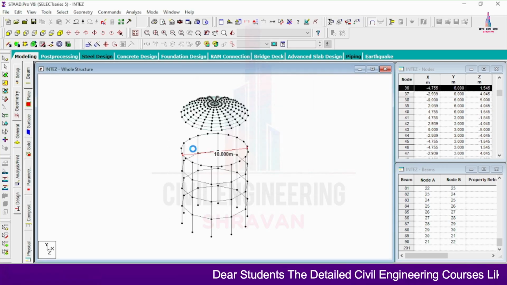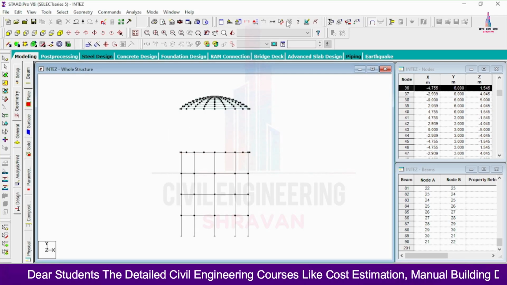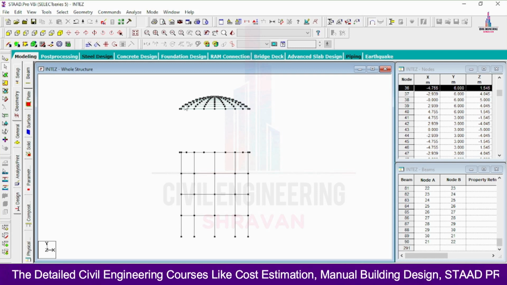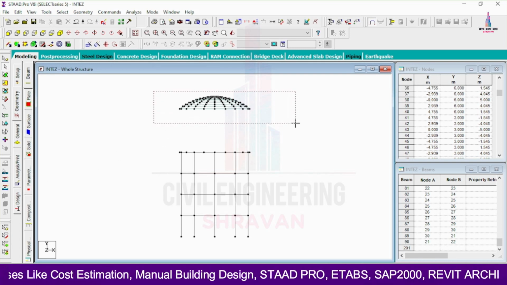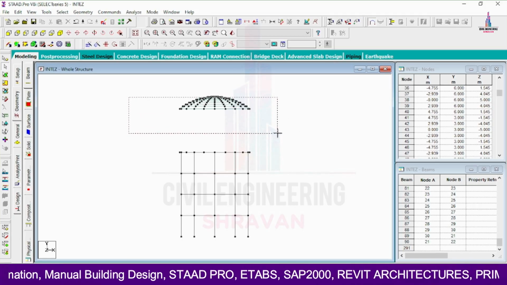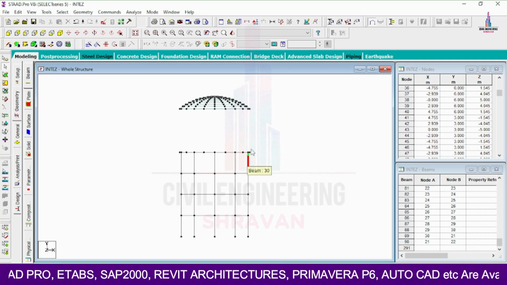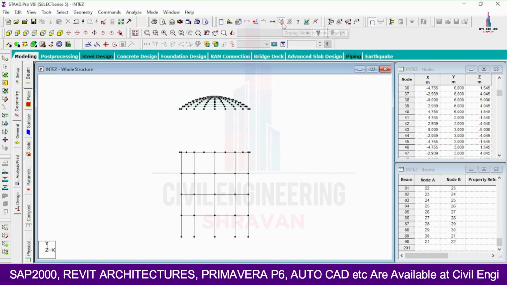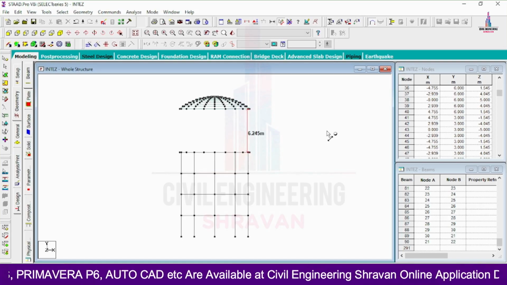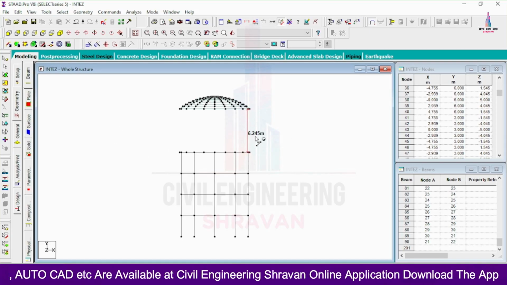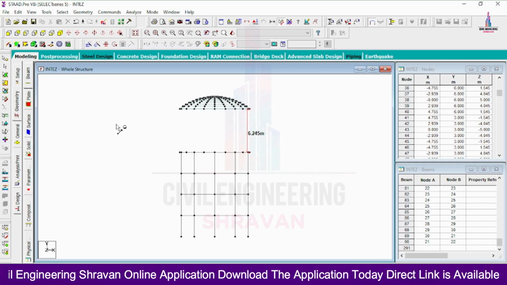But this particular dome will be copied to a certain specified distance in the vertical direction, because this dome was considered with the sphere radius center point. So for moving this plate section in the downward direction, initially we need to measure the node to node distance in the vertical direction. I am selecting display, selecting this point, and again selecting this point. Now you can see 6.245 is the dimension for this particular cross section.